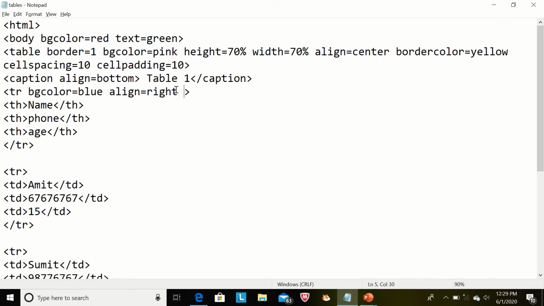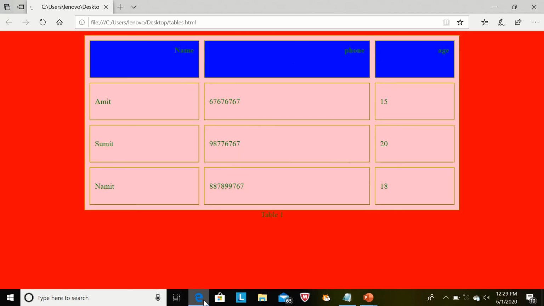We can align our text in center. The whole text of these 3 columns will display in the right, and V-align means top, bottom or middle. Top. So the text of these three columns will display in the right and in the top, and the row color will be blue. Control S, and we see the output. It is displaying in the top and right.